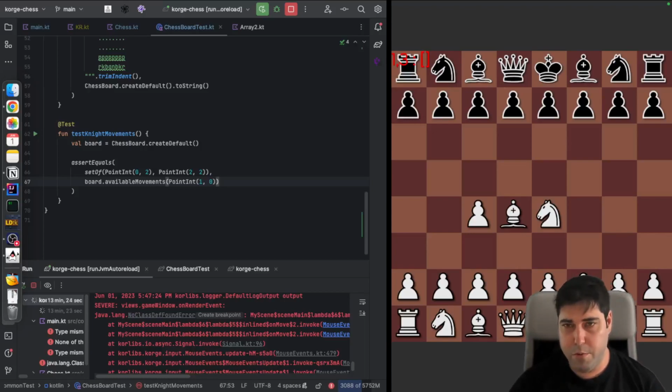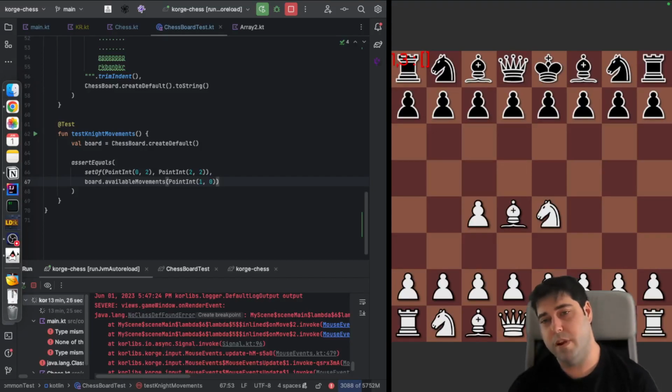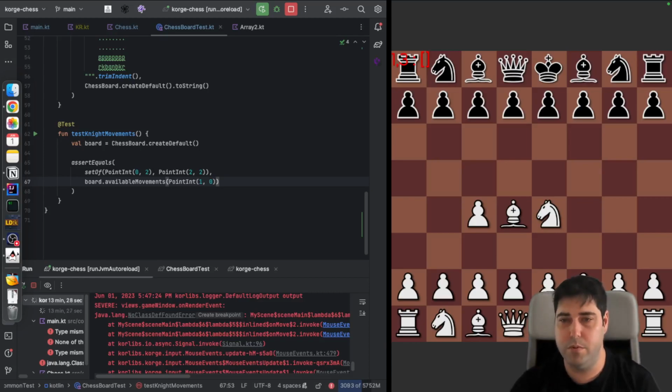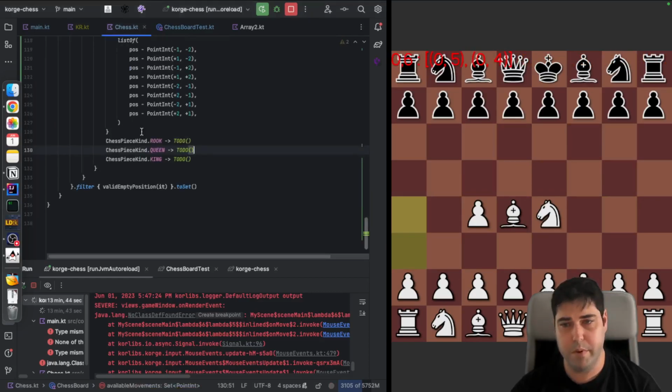So here we are implementing this series of videos. We are implementing the chessboard in KorGE. In the previous videos, we implemented rendering all the pieces, the board, and some of the movements of the pieces. And in this video, we are going to implement the remaining movements of the pieces, that are the rook, the